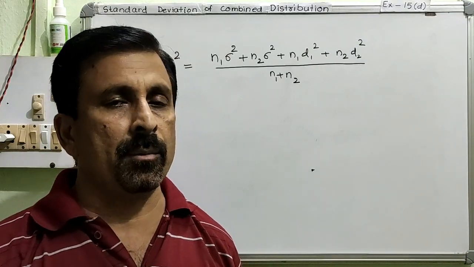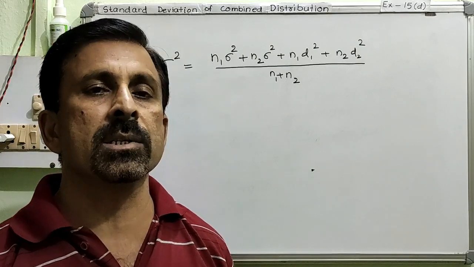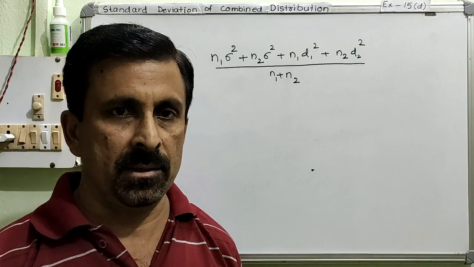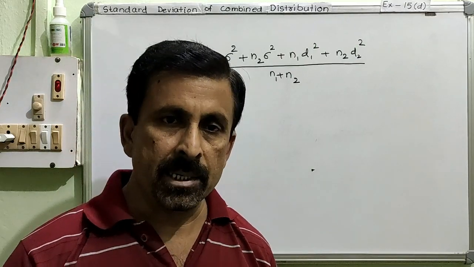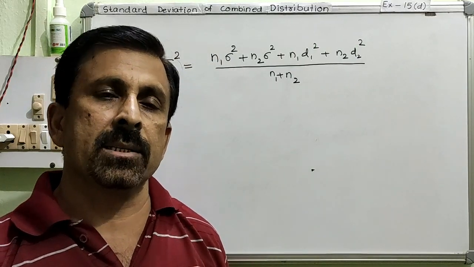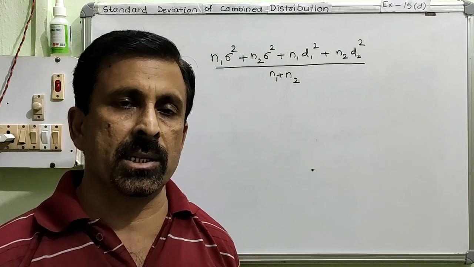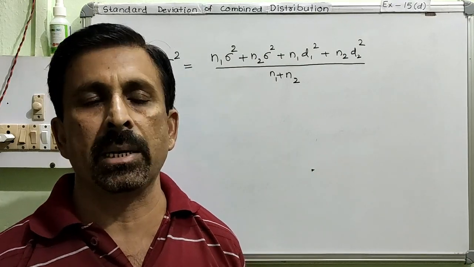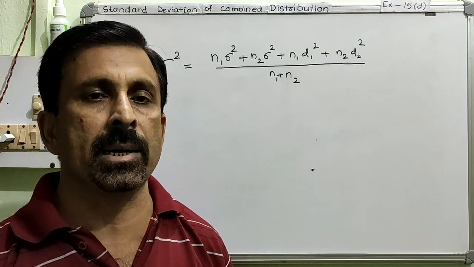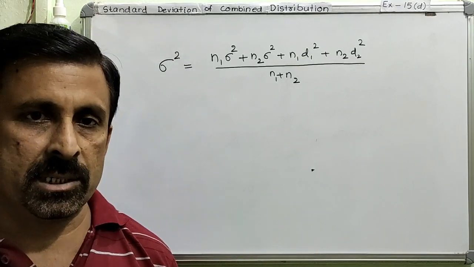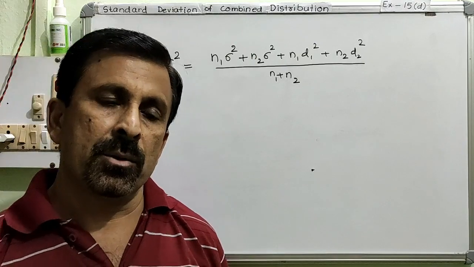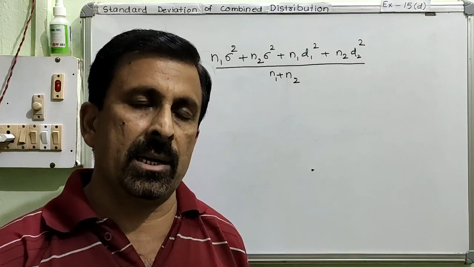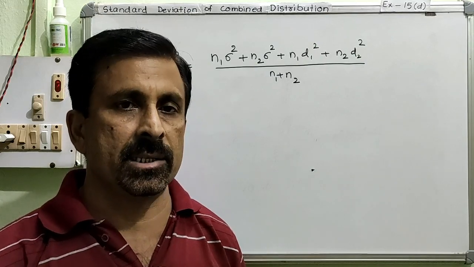Standard deviation we have already seen in the previous videos, right? But that standard deviation was for the single distribution. We calculated the standard deviation for the single distribution, right? Those distributions used to be in the simple distribution form or in the discrete distribution form or in the continuous distribution form. So that was the single distribution. So we had one set of data and then we calculated the standard deviation.